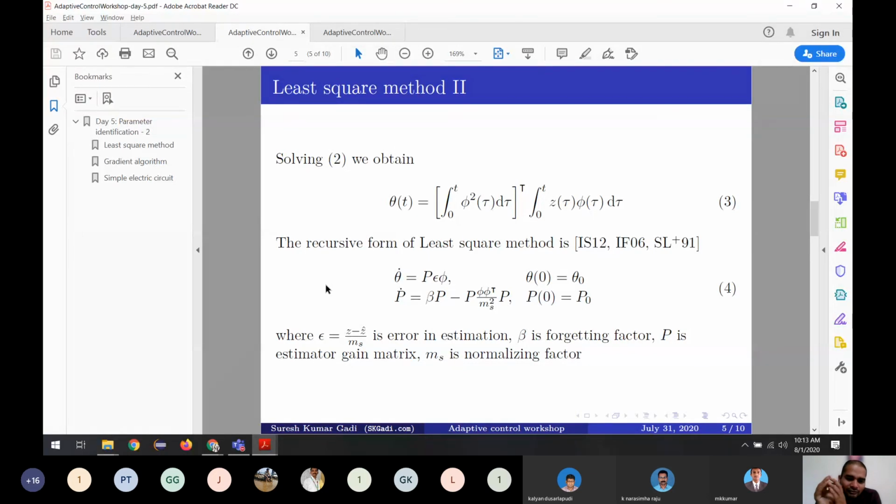In that, we give our input to a model and we have our own system. What we want is for our system to behave like the model we are giving. For example, if you have a second order system with a lot of oscillations, but you want it to behave like a first order system, you put in one first order system, take its output and compare it with the real model we have, and we try to make the real model give the output of the first order system, and we make sure the algorithm does that. That's our model reference adaptive control, the last part of the workshops.